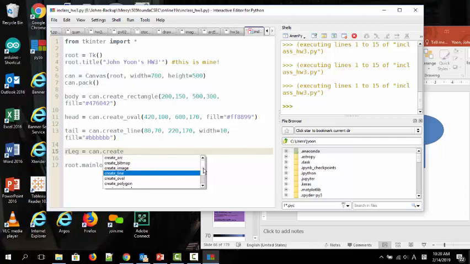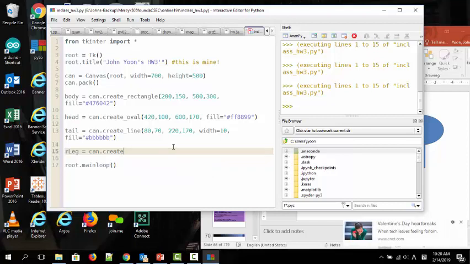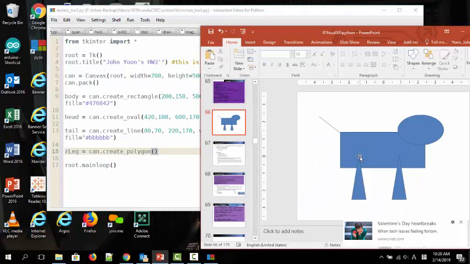And then there's an arc, polygon, text, window. So I want to make here, say, create polygon. Okay, so polygon, you have to be very careful. It should start from